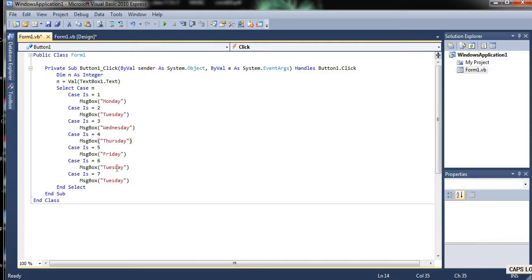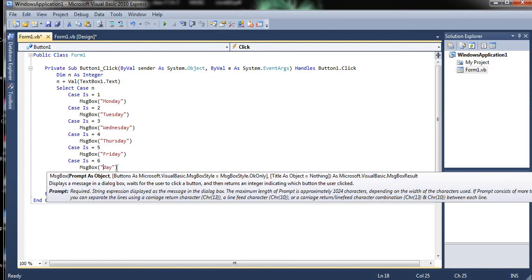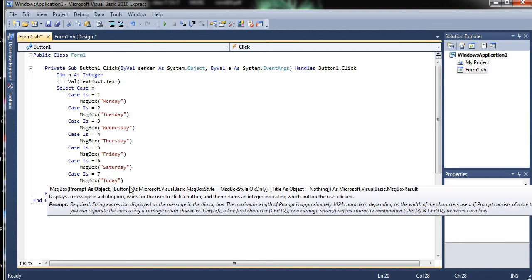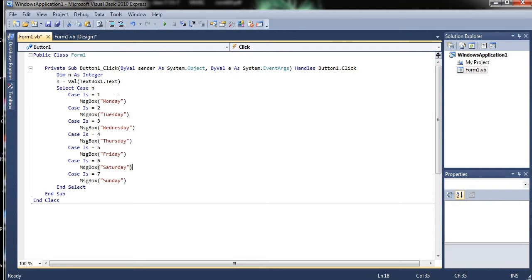And after Friday, next is Saturday. And after that, Sunday. So 7 days, 7 numbers, and their corresponding days we have written.